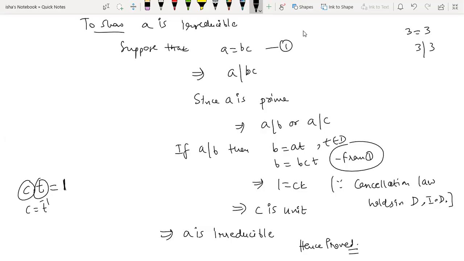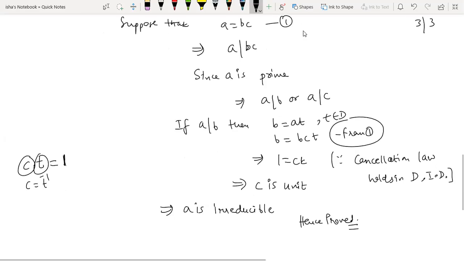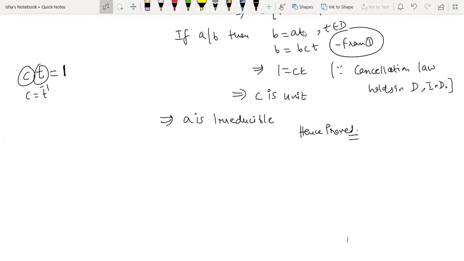Which justifies the example I gave you above, that in the ring of integers every prime element is irreducible. Now what are prime elements in the ring of integers? The prime numbers only. So all the prime numbers are the irreducible elements, right? If I ask you in the ring of integers, is 7 irreducible? Yes, 7 is irreducible. 11 is irreducible. So every prime number in the ring of integers is irreducible. In fact, no other element will be irreducible because the rest of the numbers will be composite numbers.